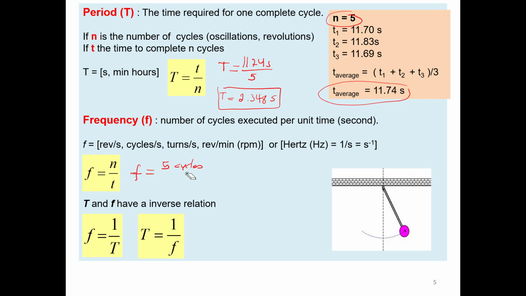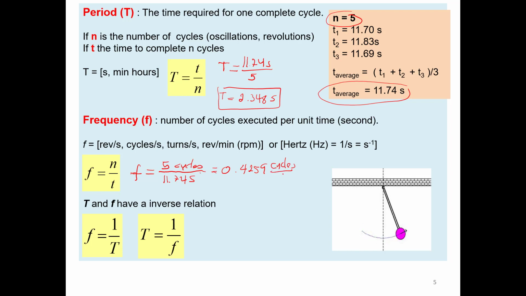Try it again. Then we need to divide 5 cycles by 11.74 seconds. Then the answer is 0.4259